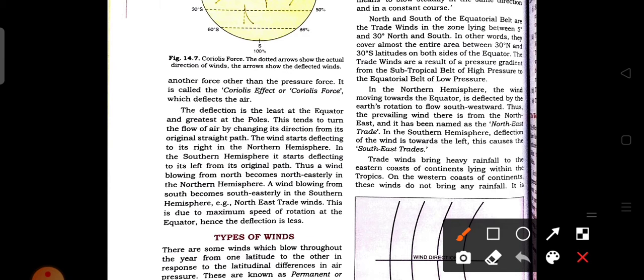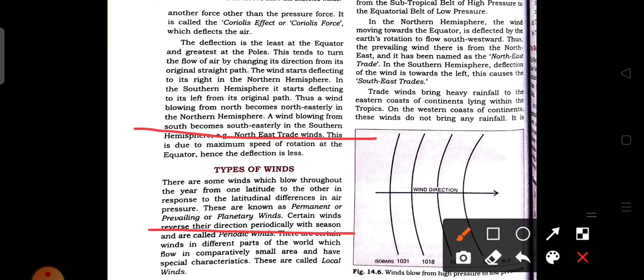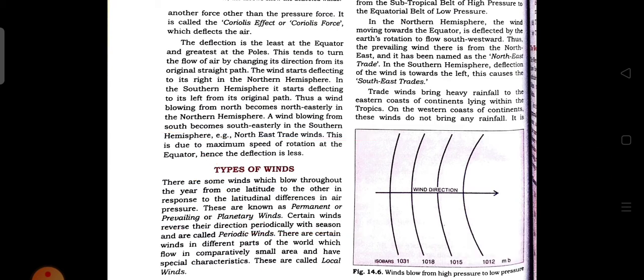So, as we know, the wind that comes from the subtropical region is known as trade wind, and as it is deflected to the southwestward, it is called the northeast trade wind. In the southern hemisphere, the deflection of the wind occurs to the left-hand side. So in this way, this is the equator and this is the subtropical region, and from the south to westward it is deflected. For this region it is called the southeast trade wind.